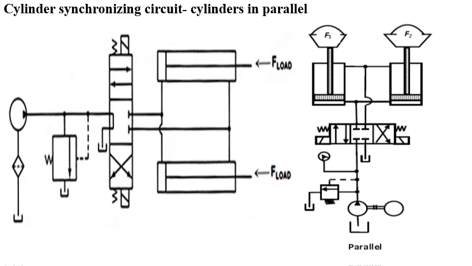See, the diagram shows a hydraulic circuit in which two cylinders are arranged in parallel mode. When two cylinders are identical, the loads on the cylinders are identical, and then extension and retraction strokes are synchronized. If the loads are not identical, the cylinder with the smaller load will extend first. Then the two cylinders are not synchronized.